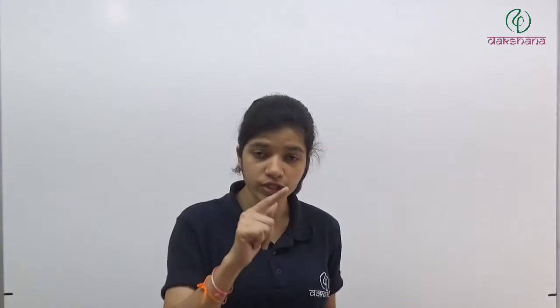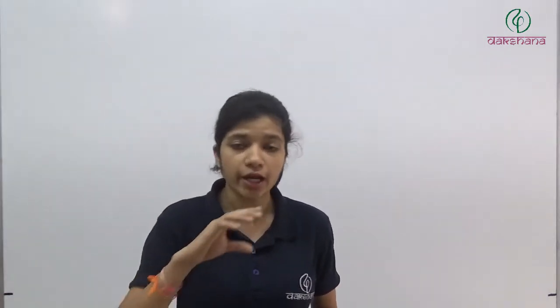So first question is, if the unit of force and length each be increased by 4 times, then the unit of energy is increased by. So how we will relate energy, force and length? We know that work done is equal to force into displacement, है ना? So unit of work done is equal to unit of force into unit of displacement, and unit of displacement is same as unit of length.